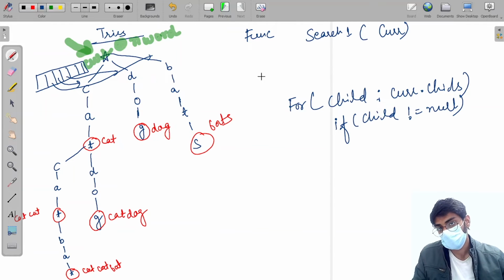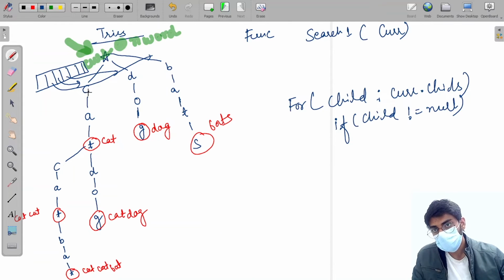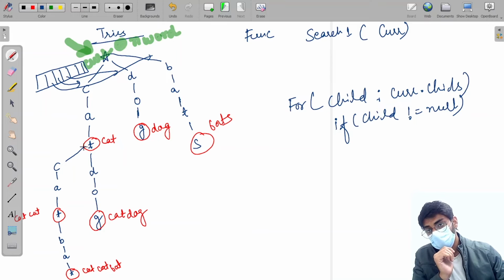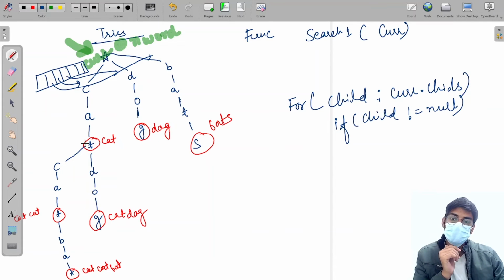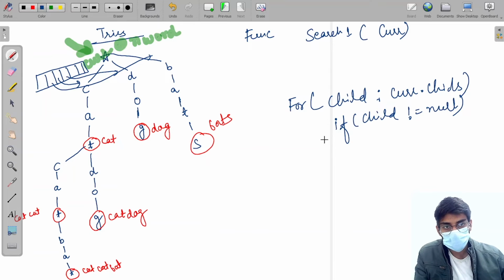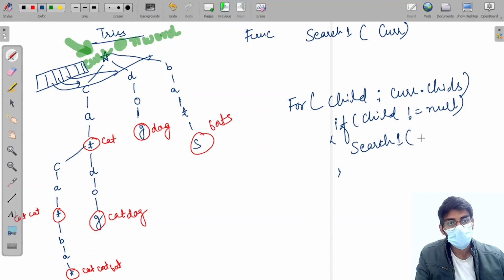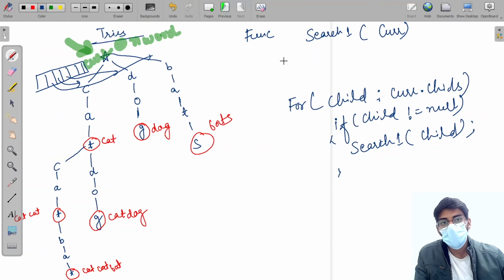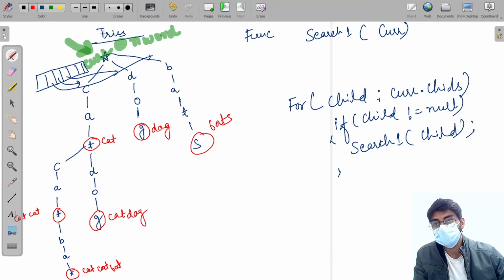then we are going to call the search one function again. Now our current will be this, then in the next iteration the current will be this, so again we call this function. Then in the next iteration the current is in this position, and when we reach this position we have to start the next searching with a new word. First I'm going to complete this. That means we have to call search one again, and the argument is child. Now our current is child, and if we reach the ending position,